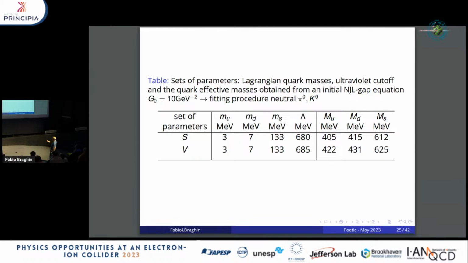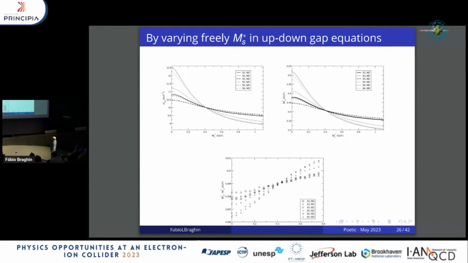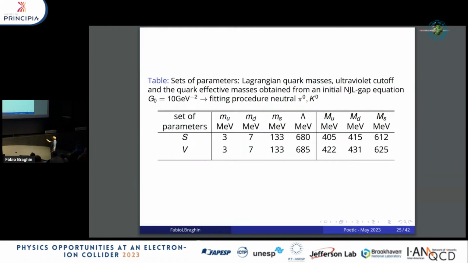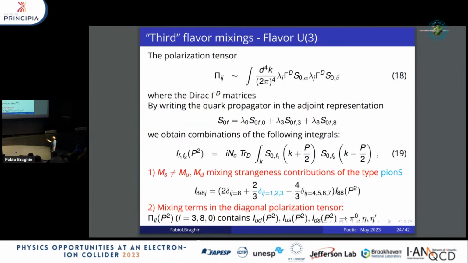This is a fit for the current quark masses that are close to the PDG values, although it's an effective model, this is not necessary. And then an ultraviolet cutoff, and then the resulting quark effective mass. And then I will not show a lot of results concerning the spectra, but I will just explore here the fact that if we are calculating the